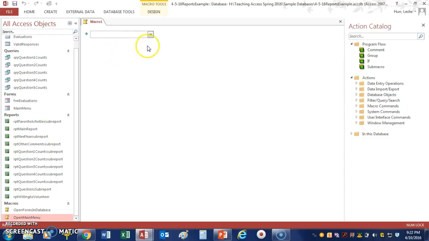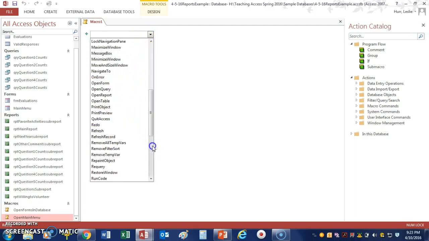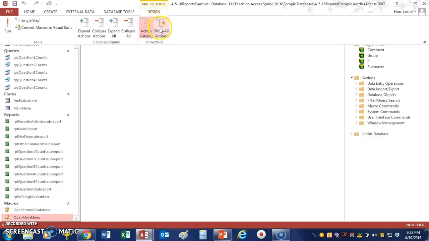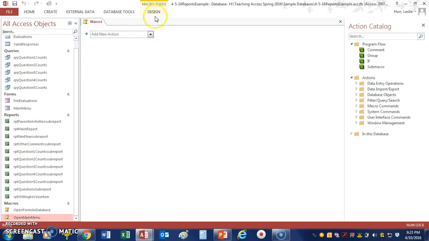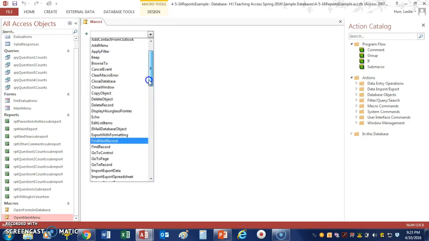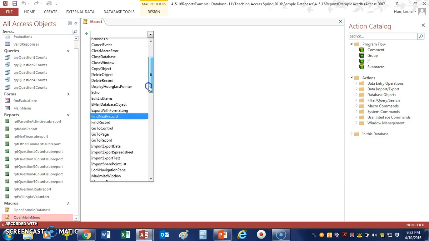So for example, I'm going to go ahead and type in some commands. Now you can look here and see the various commands that are available to you, and actually there are even more commands available if you click on Show All Actions, and then you can look here in the list, and there's even more in this list. But we're going to go ahead and just pick a few in the logical order